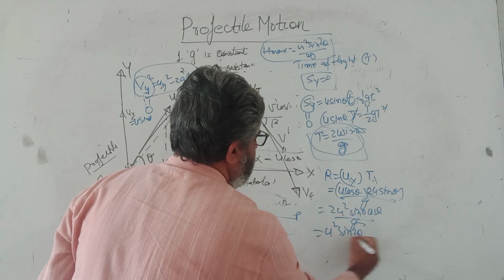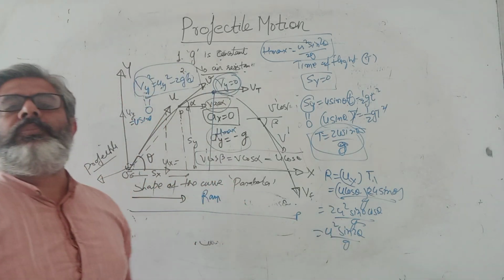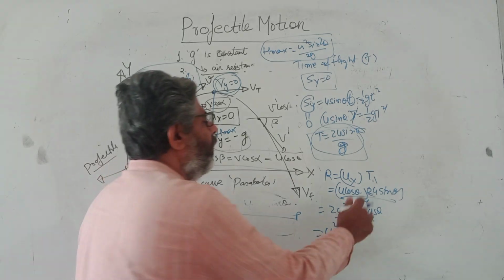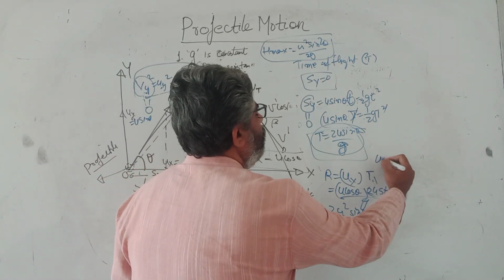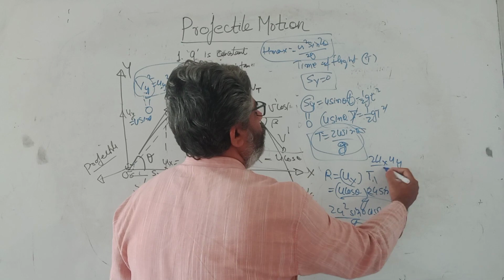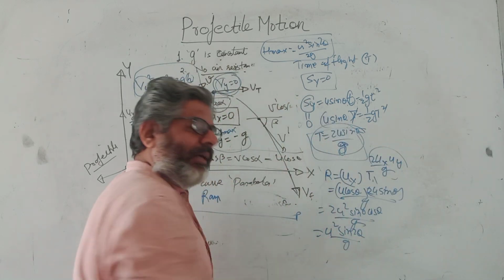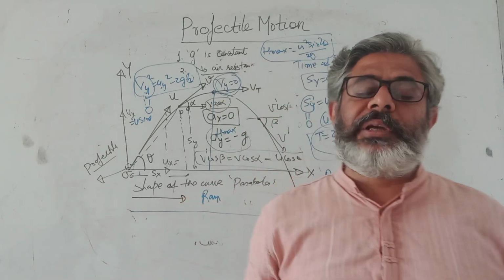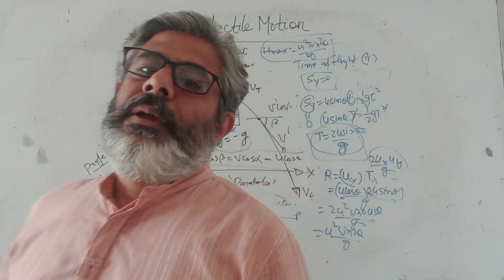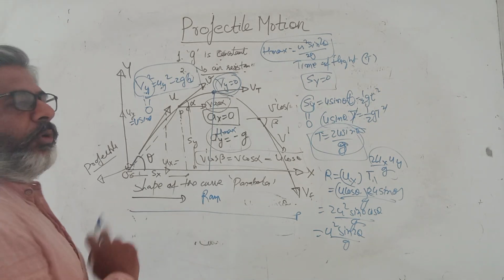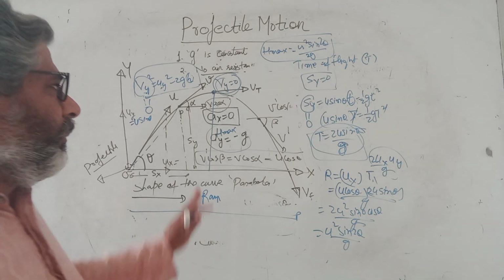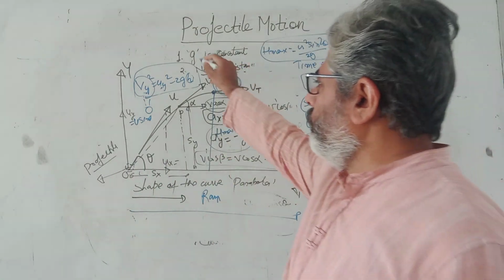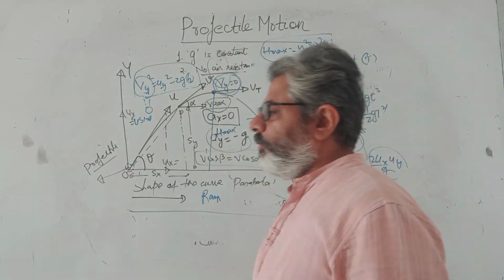इसके बहुत सारे फॉर्म्स हैं तो मैं इसमें नहीं जा रहा हूँ, anybody can tell you, write this, or sometimes you can also write like ux into uy into 2 by g। Now if you understand this analysis, the analysis for inclined plane projectile becomes very easy also। So I hope these two videos, projectile 1, projectile 2, will clear you the basics of projectile motion, where we have considered no air resistance and g being constant।